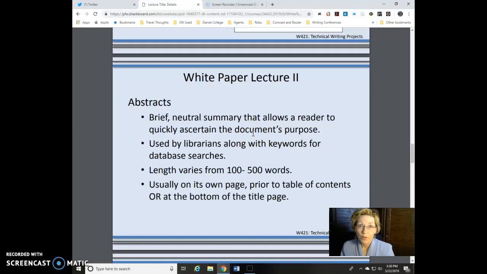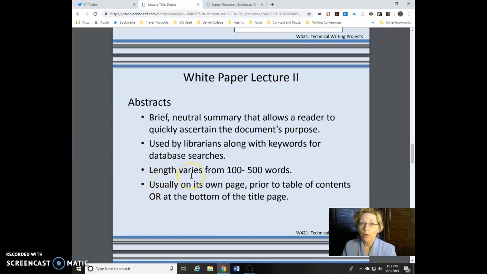The keywords are important to choose wisely, obviously, or when somebody searches for your particular topic, your paper won't come up. Now, length is usually about 100 to 500 words max on an abstract. In this particular paper, we're tending more toward the shorter end of that because it's a shorter white paper. For this type of paper, this size, for this class, I usually get effective abstracts that are about 200 words long,